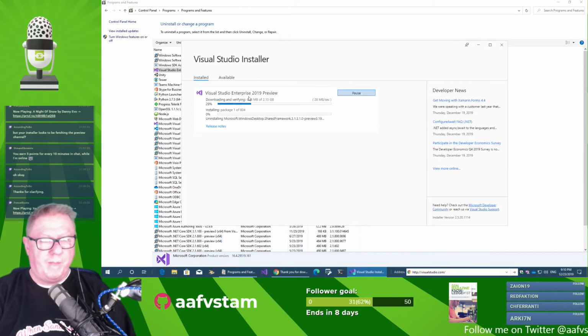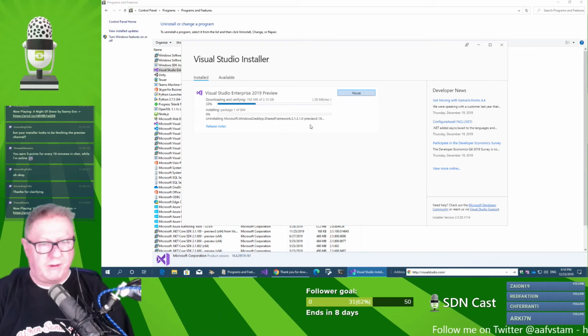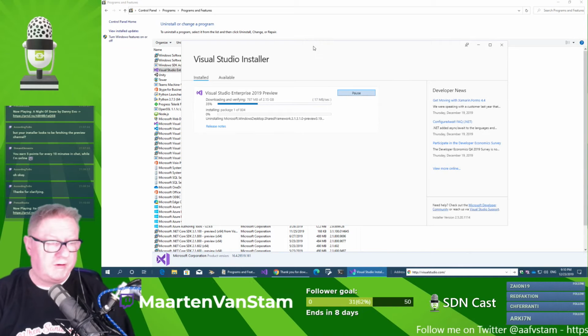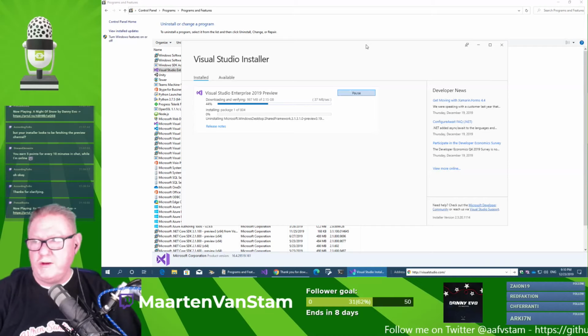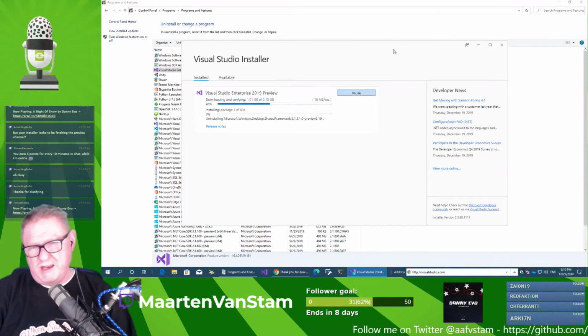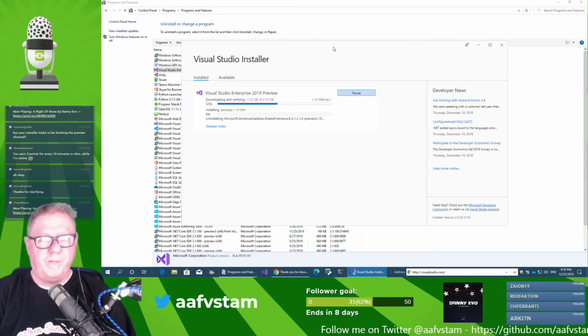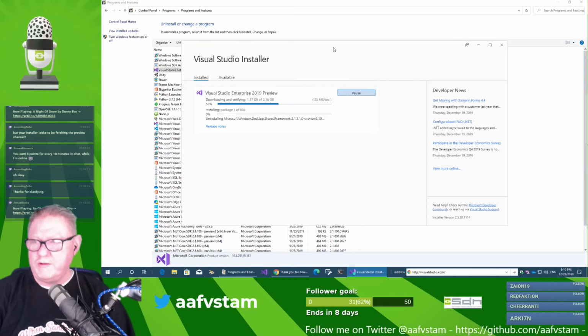But it can eat a lot of your disk space, obviously. At some time I had maybe 5 versions of Visual Studio on my machine, going back to 2010, up to 2019, because one of the things they tend to do with Visual Studio is